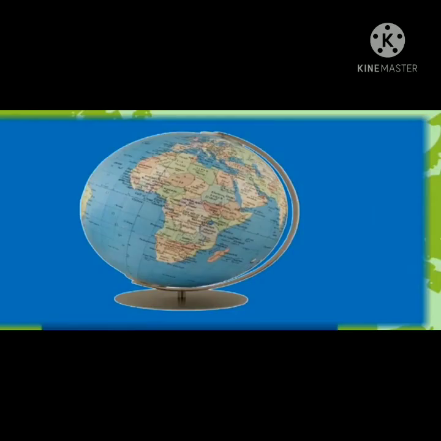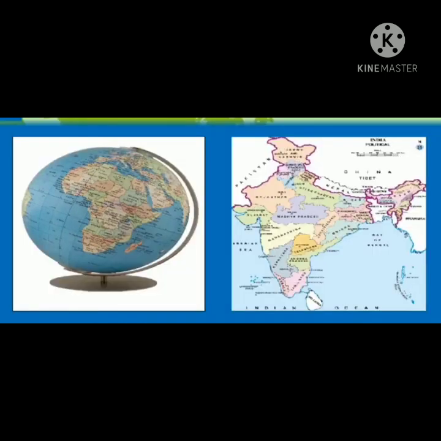Globe. As we all know, globe is a model of the earth. It gives you the exact layout of the planet. And maps. Maps became useful for this purpose. They can show the entire earth or any part of it, and unlike a globe, can show small areas with detailed information, for example, city maps or political maps.